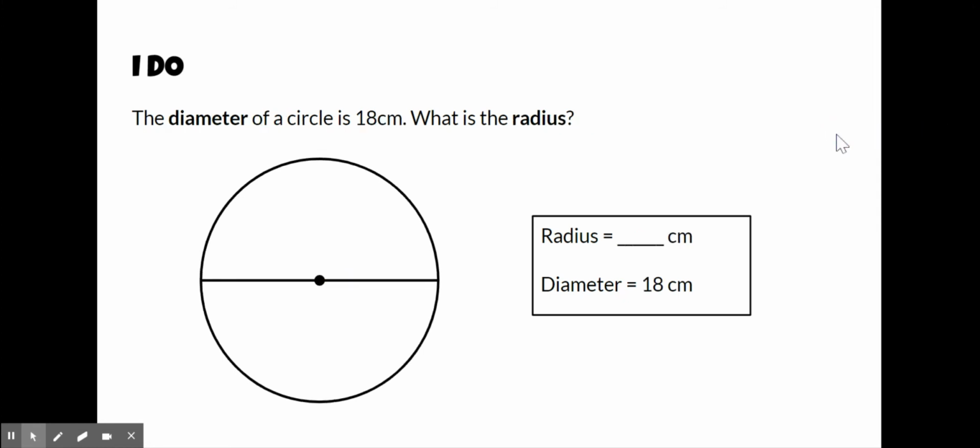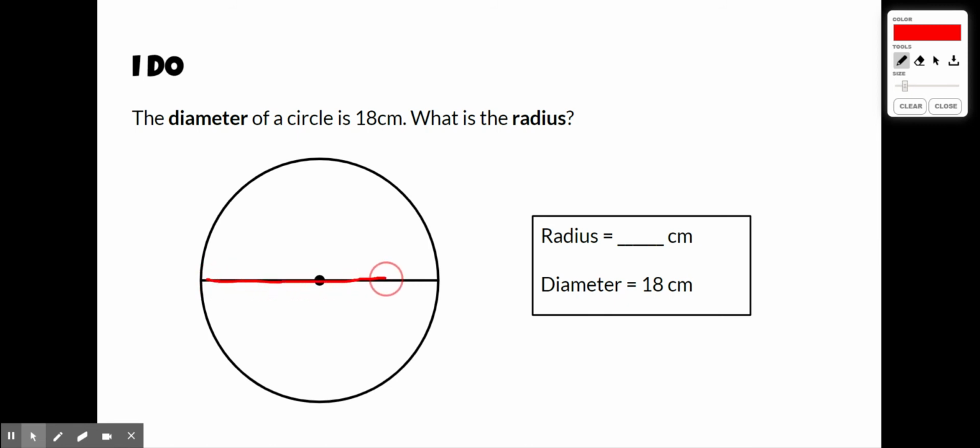Let's take a look at a different example. The diameter of a circle is 18 centimeters. What is the radius? This time we've been given the diameter, and we're told that it's 18 centimeters. If the distance across the entire circle is 18, then I need to figure out what would be half of that. Half of 18 is 9. And if I wanted to write that down, I would just show 18 divided by 2. So the radius of this circle